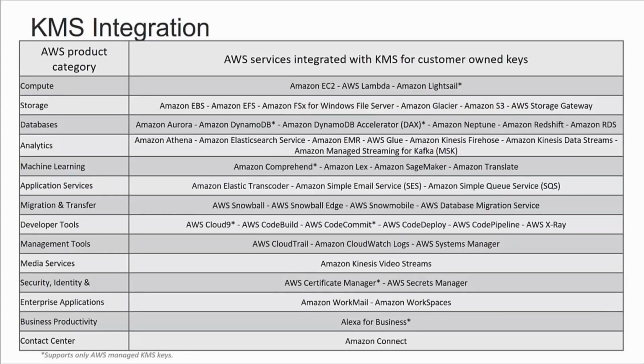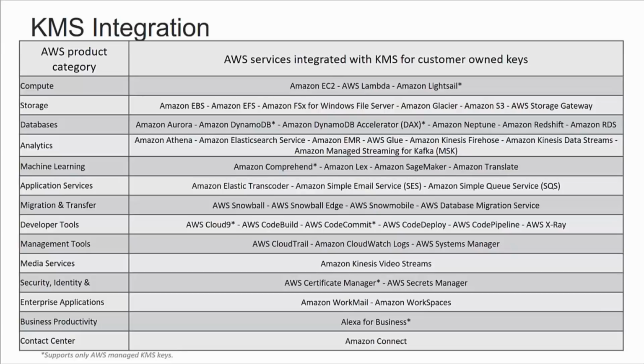So more than 50 or so AWS services integrate with KMS from a key management perspective. This is a current list. If you look on the KMS website, on the features page, you'll see a current maintained list of services that integrate with Key Management Service. So these are all services that allow you to own the keys that actually live in your account, managed by KMS. Most of the other services, there are 100 plus services in AWS, most of those other services also integrate with KMS to manage keys, and virtually all of those services offer encryption by default or encryption capability.